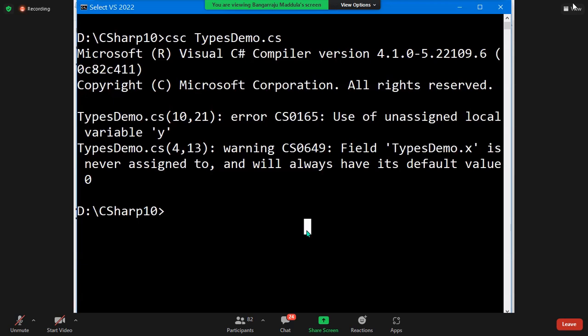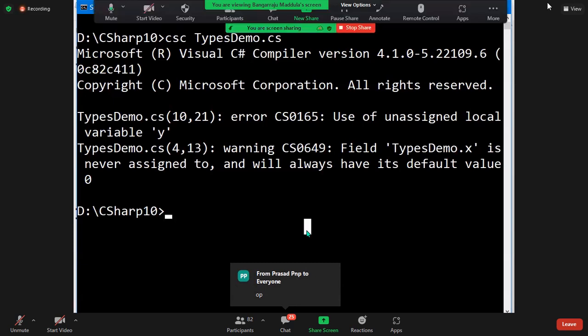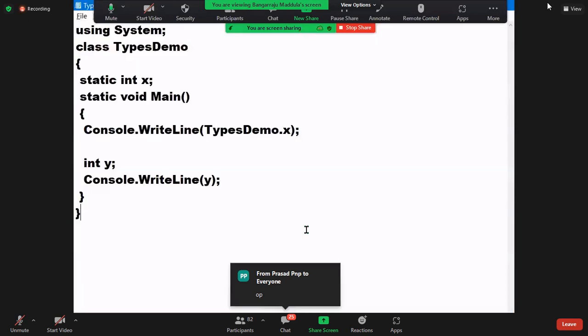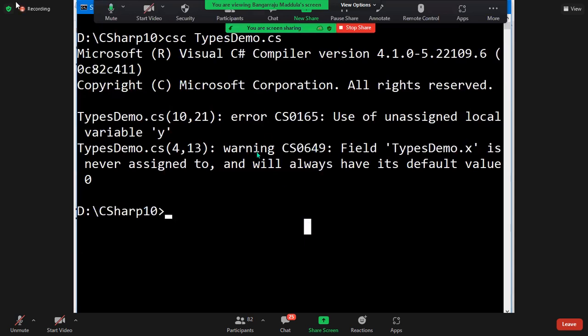So now, is declaring a field mandatory or optional? Field is optional. Variable is mandatory. Okay? So guys, have a look. Even if I don't initialize the field, I don't have a problem. But the variable must be initialized. Just right now, we got one error and one warning. Am I correct? The program is not compiled. If you want, watch it. dir typesdemo.*